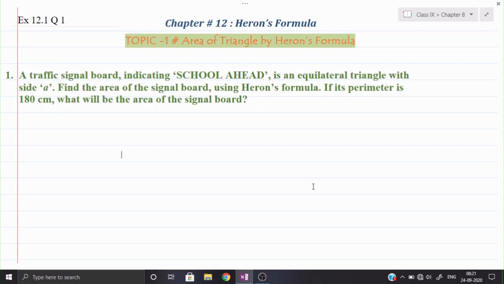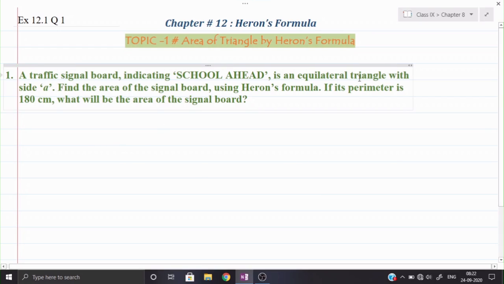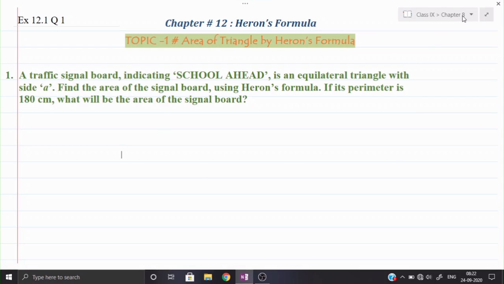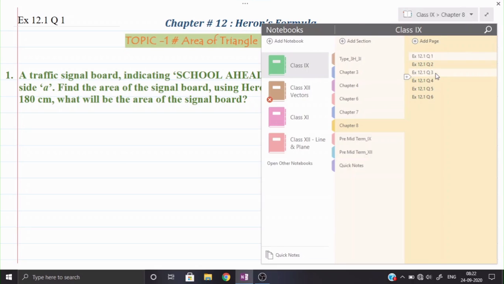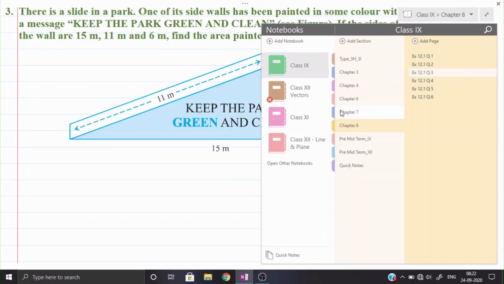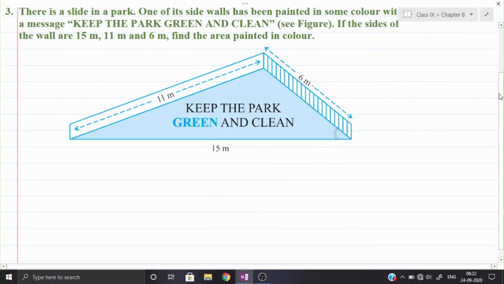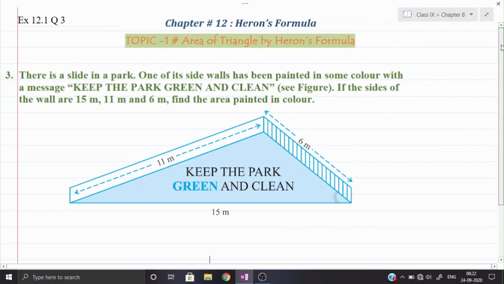See the first question. The first question is a little difficult. With the help of this question, it is difficult to explain the formula to you. So try to understand; later on, we'll take some easy questions as well. So first the question number 1 will come back later, and we'll solve question number 3 first, so you will understand basically what Heron's formula is. Then I will come back to question number 1. So first I am taking question number 3 over here. That is simpler, and you will come to know what exactly Heron's formula is and how we can apply it.